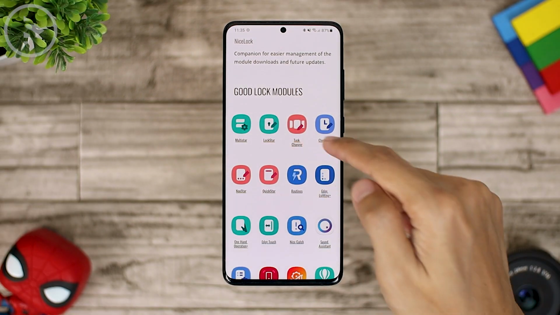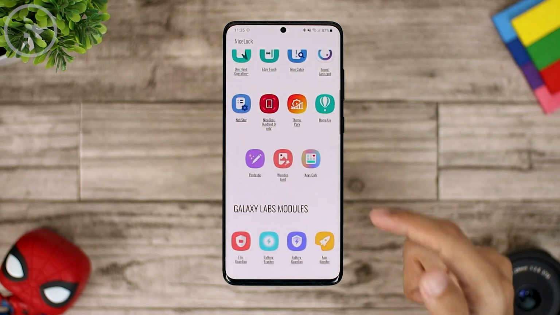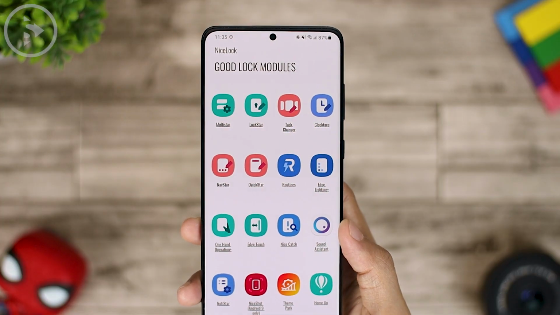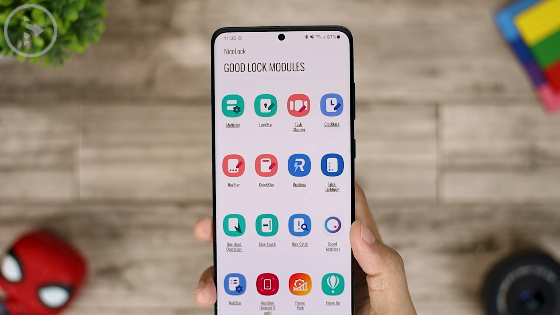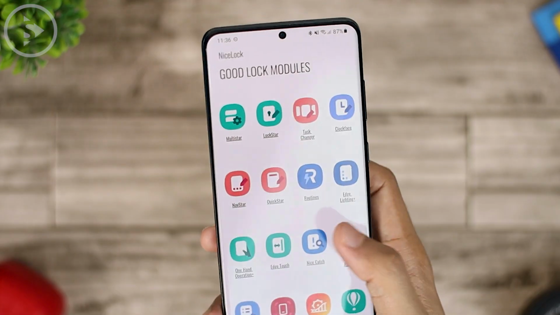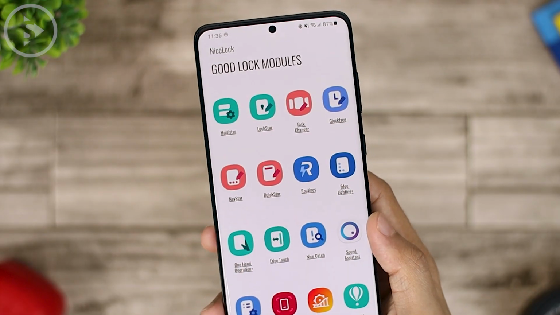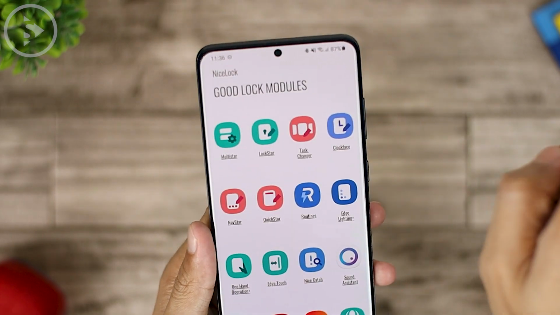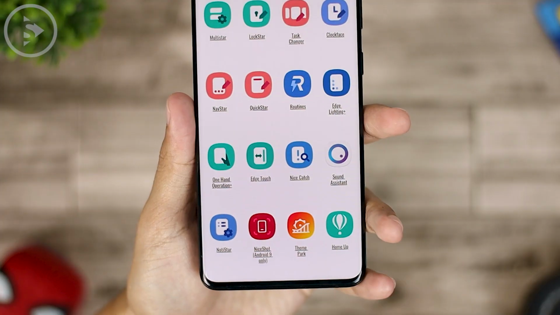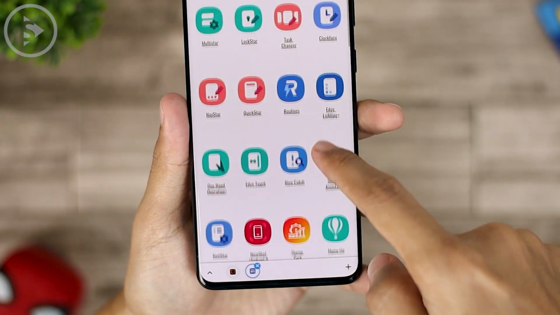There are various modules here that you can use. For the functions of each of these modules, we have also discussed some of them in our previous videos. For those of you who don't know the functions of these modules yet, you can check out our previous videos playlist on the link in the upper right corner. Then here we can directly select the module that we want to download.